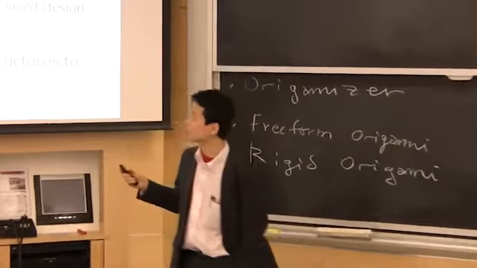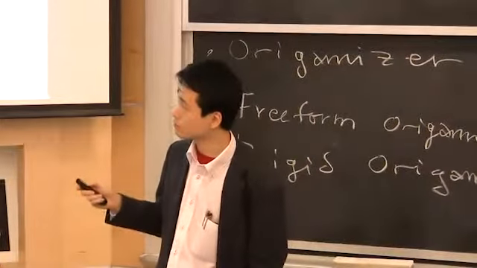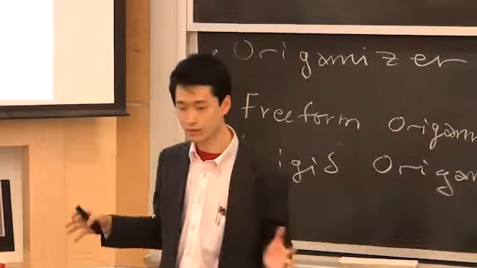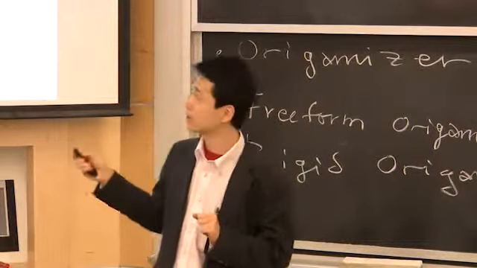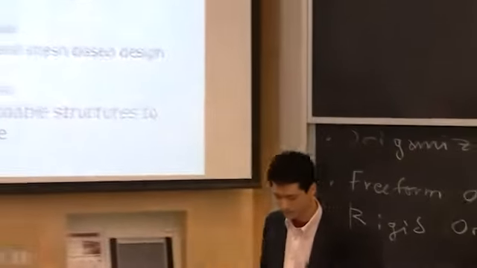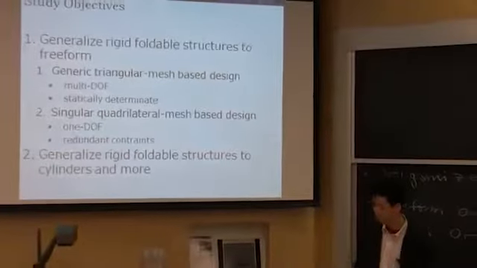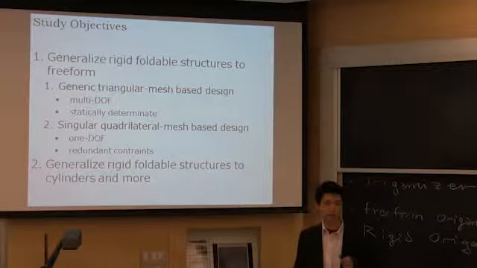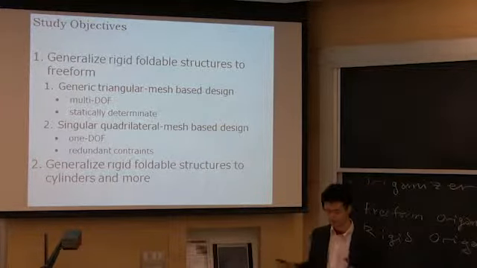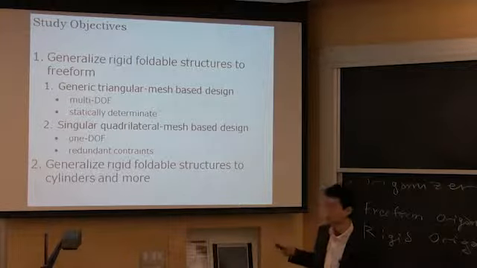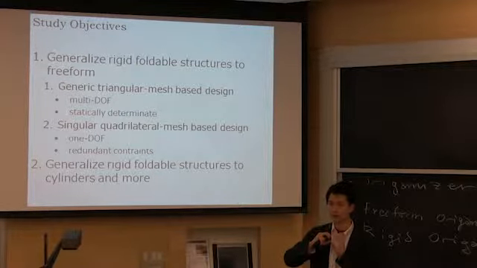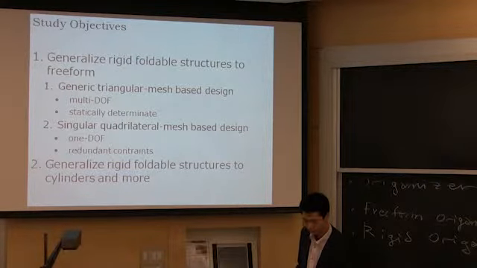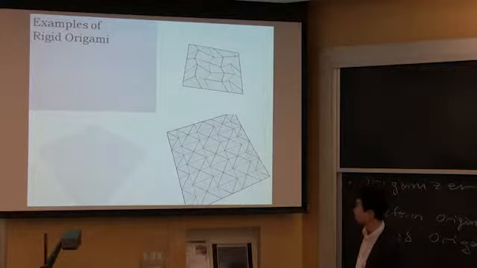In order to do that, we want to think first about generalizing rigid foldability to different shapes, and also generalizing into cylinders and other topologies like compound structures. So first thing, before that, I would like to